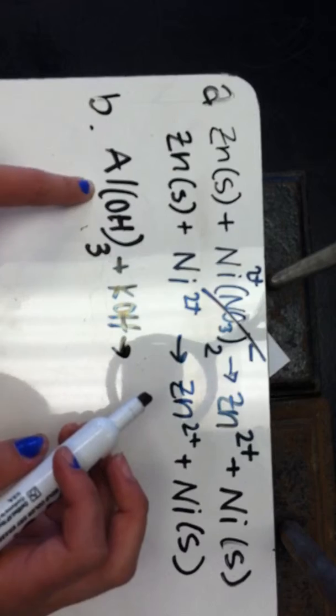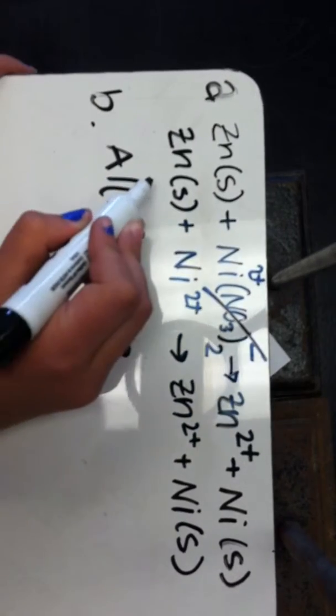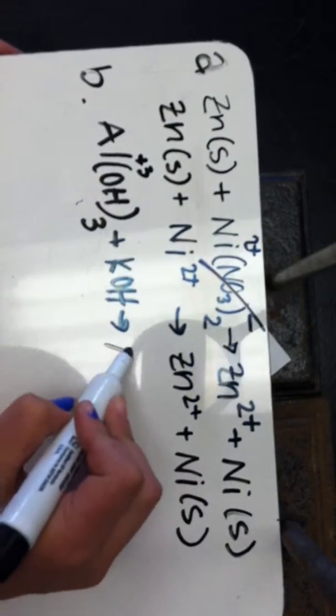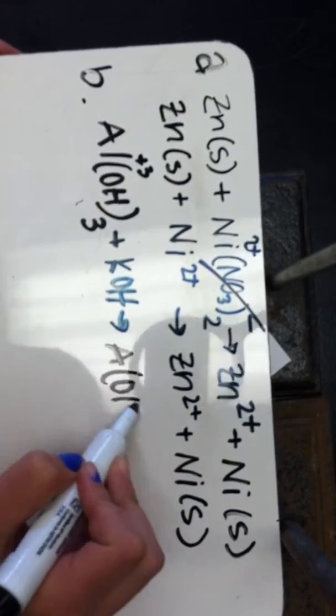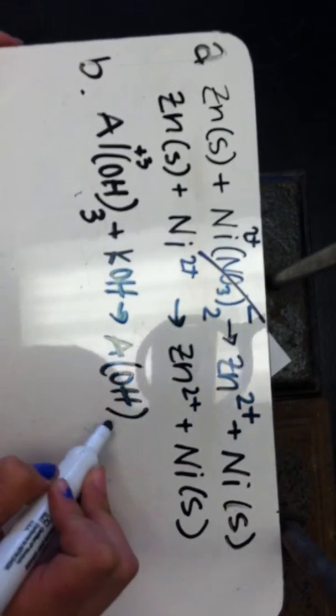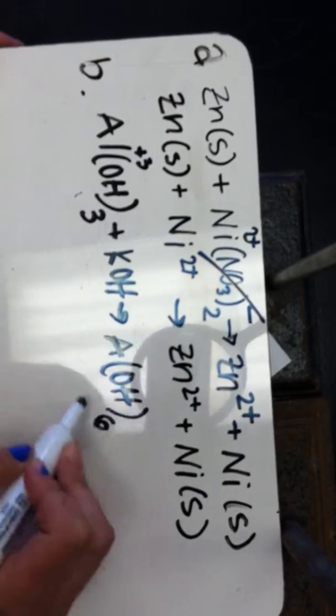So the general rule for complex ions is that since aluminum has a 3+ charge, it's a metal, it's going to make AlOH and a